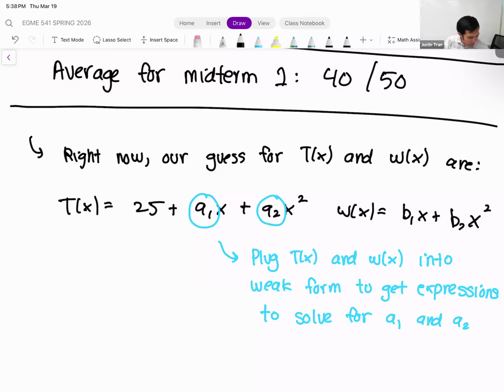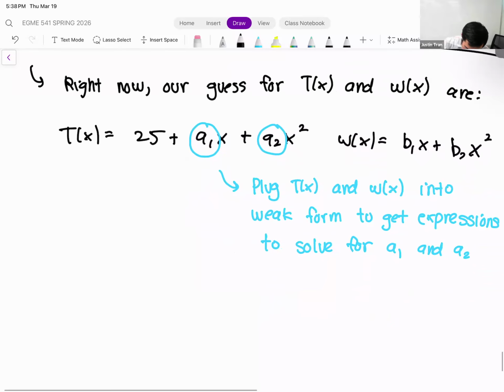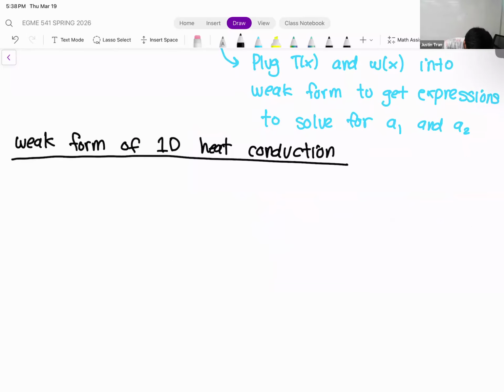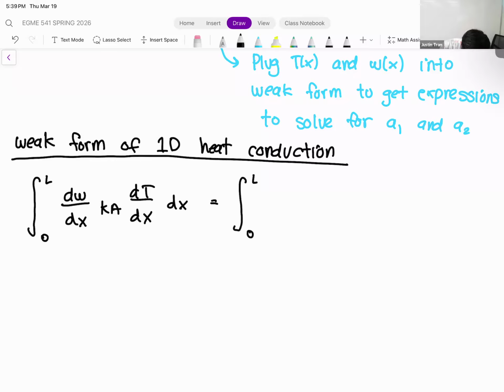All right, so that's the game plan, right? So let's write out our weak form one more time. So this is the weak form of 1D heat conduction. For this we have the integral from 0 to L, right? So when we're integrating across the entire domain, we're integrating from x equal to 0 to x equal to L of dw/dx times k times A dT/dx dx, is equal to the integral from 0 to L of w of x times s of x dx